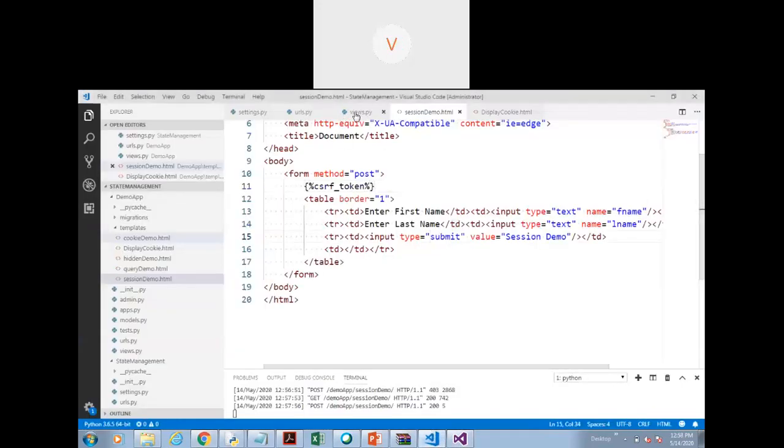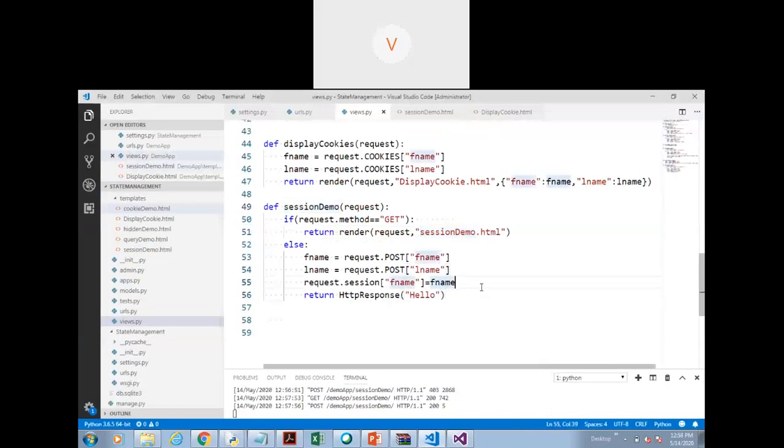Now let's go to this section and I would store this in request dot session lname is equal to lname. So we have created the cookie, return, render, request.